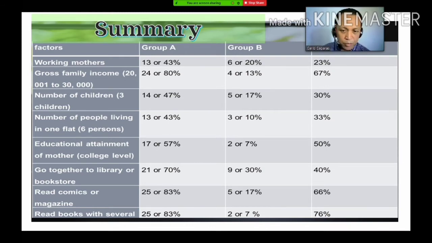There is a gap of 33%, which means that the more persons inside the house, the harder it is to find a place to study because of lack of space and conditions suitable for learning.